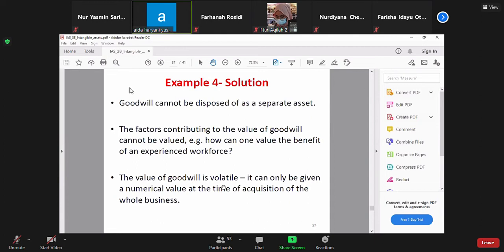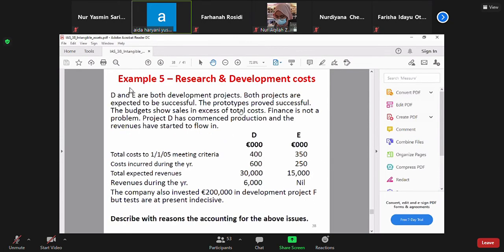The value of goodwill is volatile. It can only be given a numerical value at the time of acquisition of the whole business, because goodwill arises from business combination. For example. Okay, so that's why it cannot be disposed of as a separate asset, but you categorize goodwill as an intangible asset. Okay, class? Now we want to look at